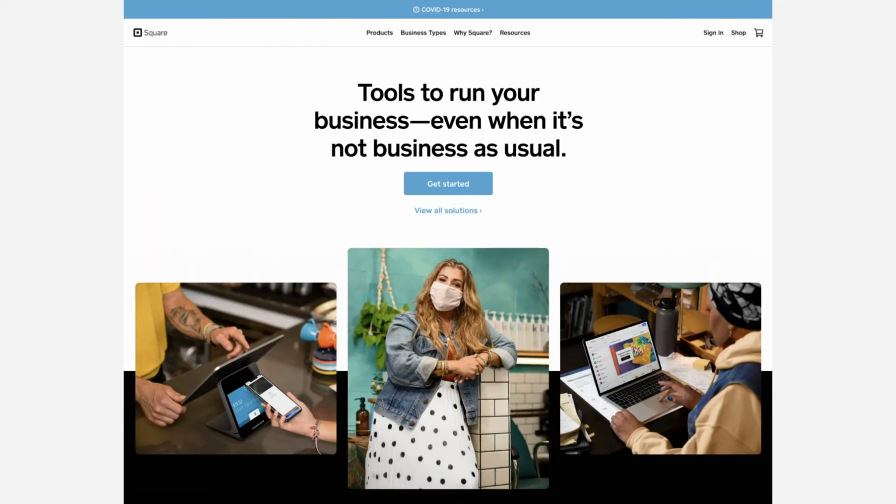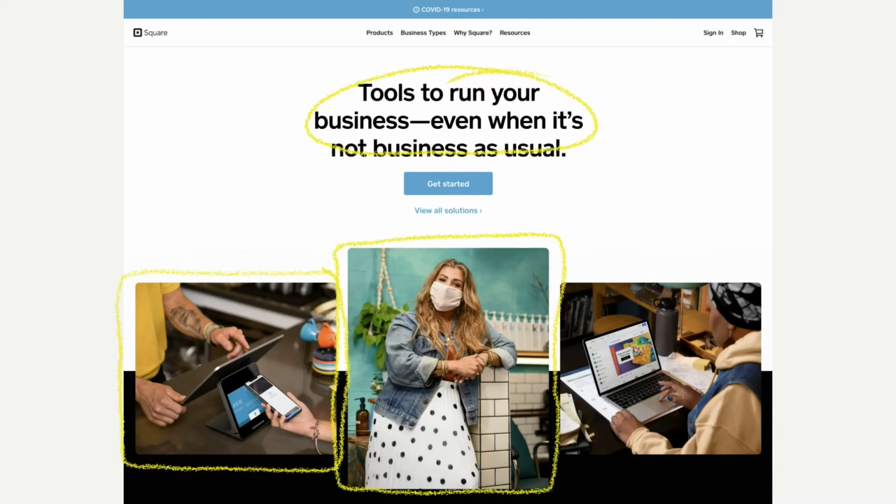This is the homepage for Square. The first thing you see is the large headline, "Tools to Run Your Business Even When It's Not Business as Usual." Again, we have a clear idea what the company Square is and how they can help small businesses. But for a little more context, we have the photos underneath, which is the second thing you notice as far as hierarchy, so we can see how you interact with the Square product.